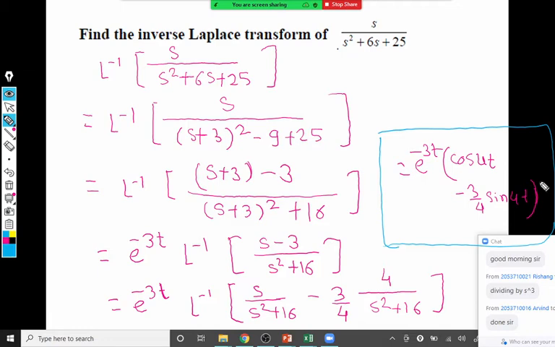Anyone have any doubt, any problems, you should ask why we are going this way. There's a logic, and you should understand what we are doing. Our aim is to convert; whenever quadratic expressions appear in the function of s, we generally move to the complete square. We take the complete square and we get the answer.